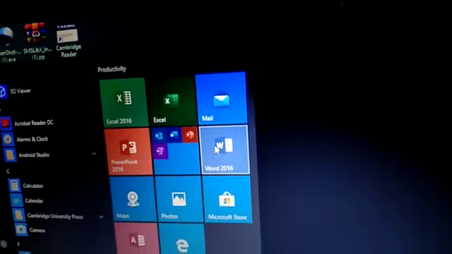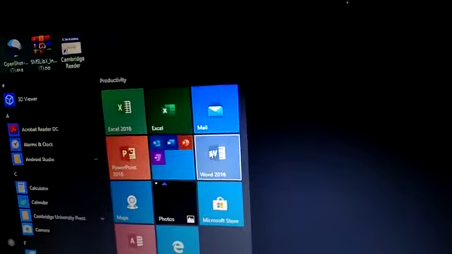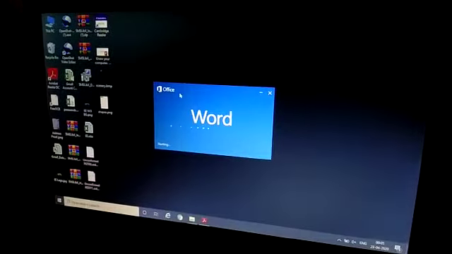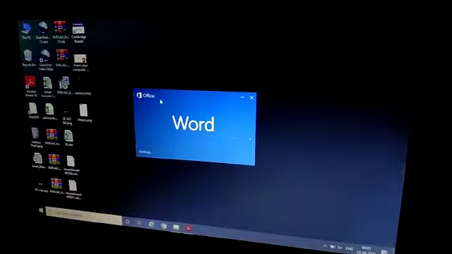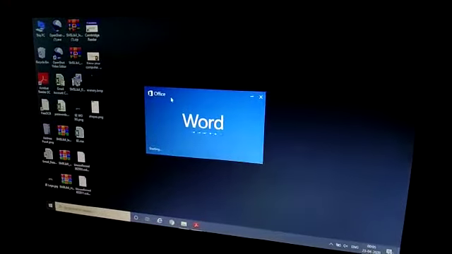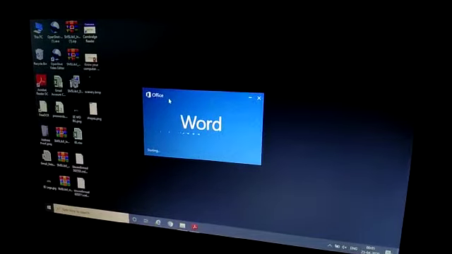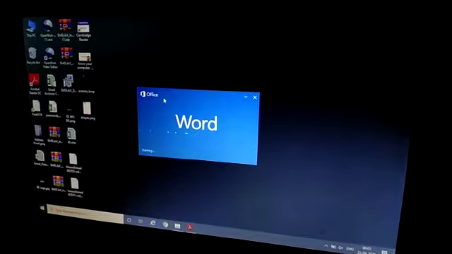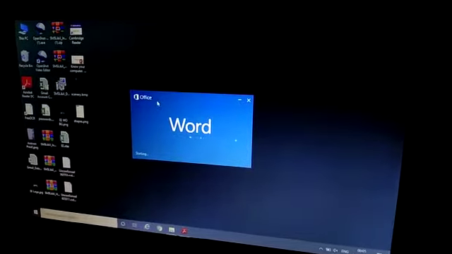Now mine is Word 2016. So it's okay, whether it is 2016 or 2010, nothing is different. Just the look and a few options are different. It is loading the file. In this chapter we are going to learn to create a table, and there are 3 options to create a table.